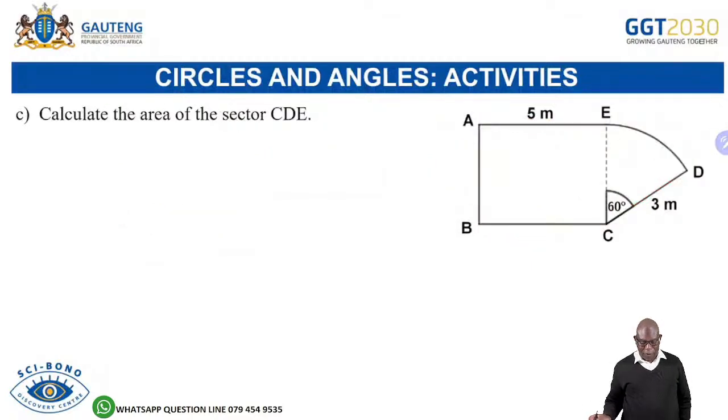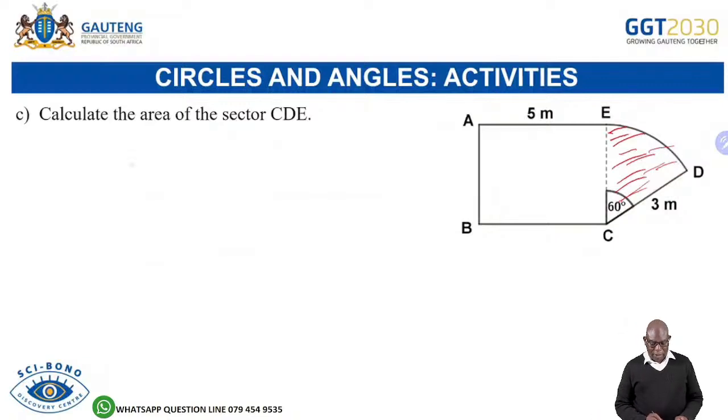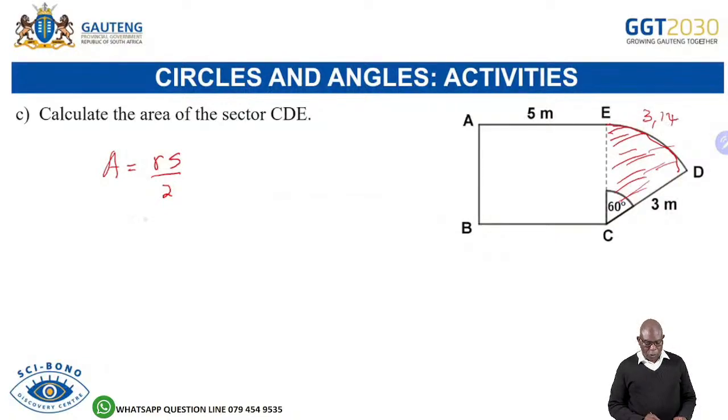Okay. Now C says we must calculate the area of the sector. In other words, maybe I want to tile this part here only. So the area of the sector, how am I going to get the area of the sector? I already know. I can use this because I already know what is my arc length, which is 3.14. So I'll say my R value is going to be 3. My arc length is pi, or 3.14, all divided by 2. So the answer can be